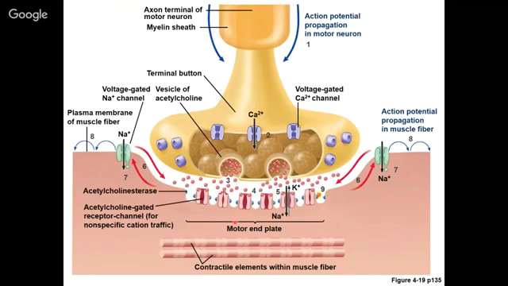So this EPP is a graded potential, okay? It causes a small depolarization, basically. So a small change in polarity towards a more positive state inside the muscle cell, right? But this graded potential is not at threshold, but it causes local current flow, because remember, the charges now move